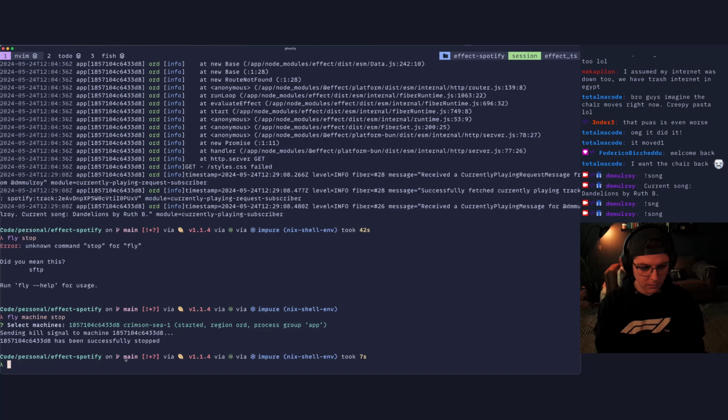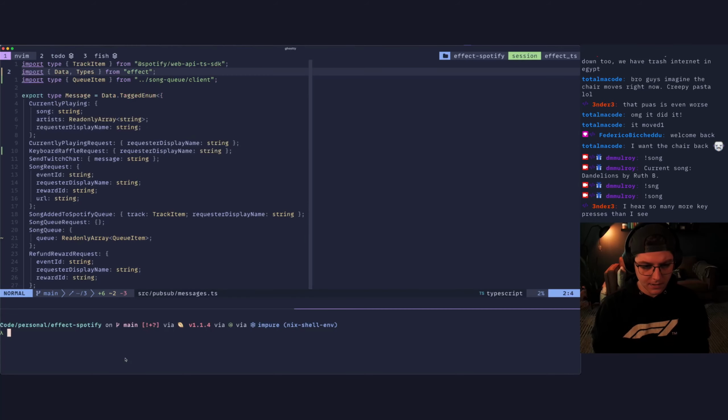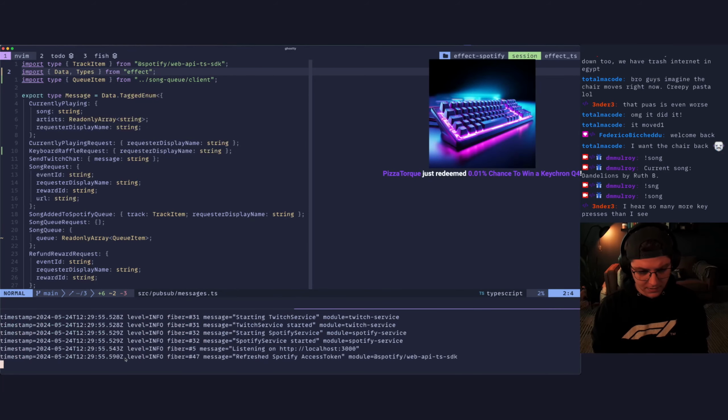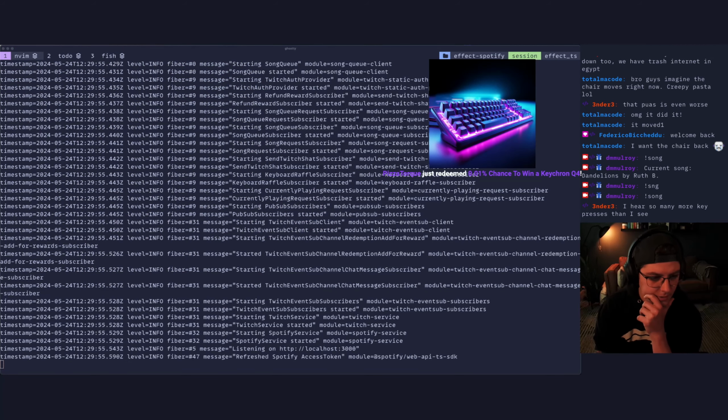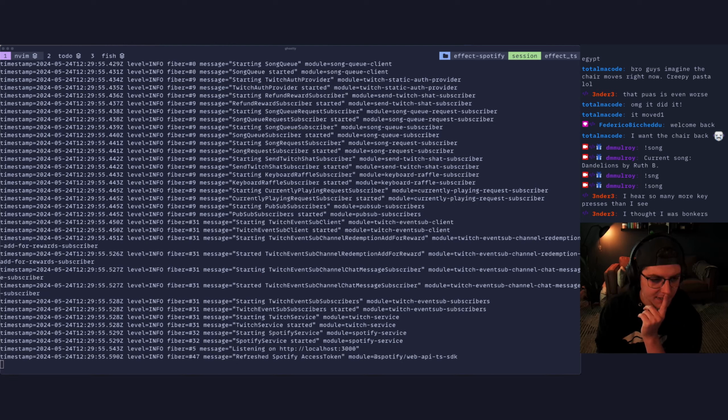Yeah, it's a sound effect for redeeming that reward. So I need to run this locally to debug this. So now we need to redeem. I can kill that noise. No one else redeem it because I'm gonna have to redeem your points, and I don't know when I'll get to that. So wager points at your own risk right now.